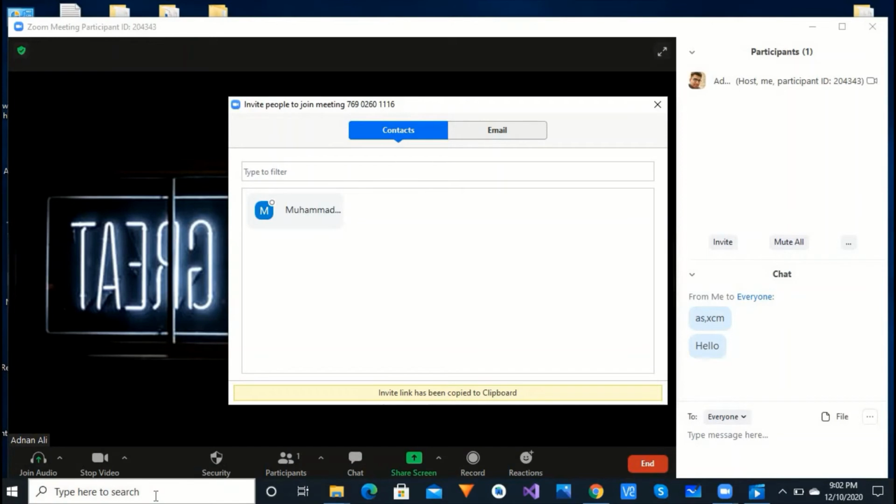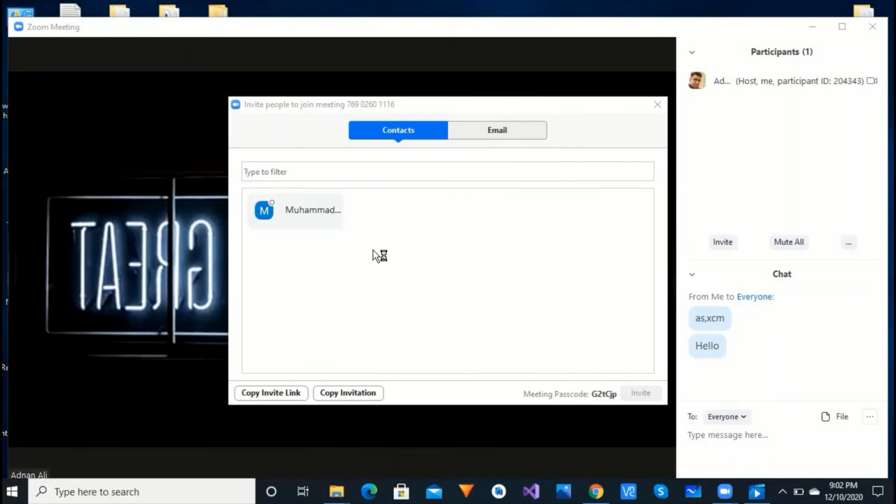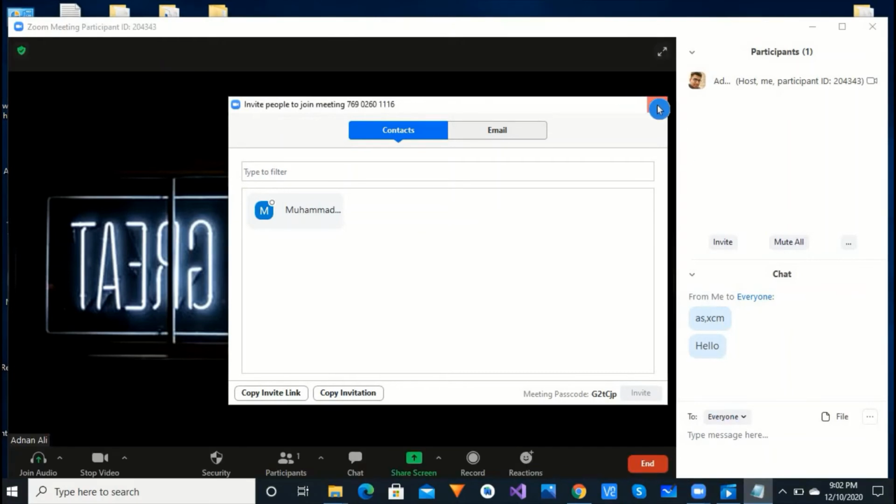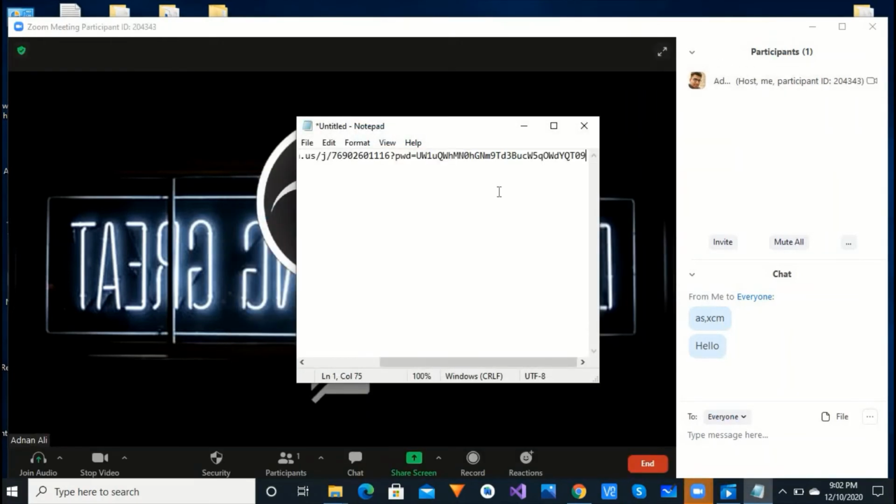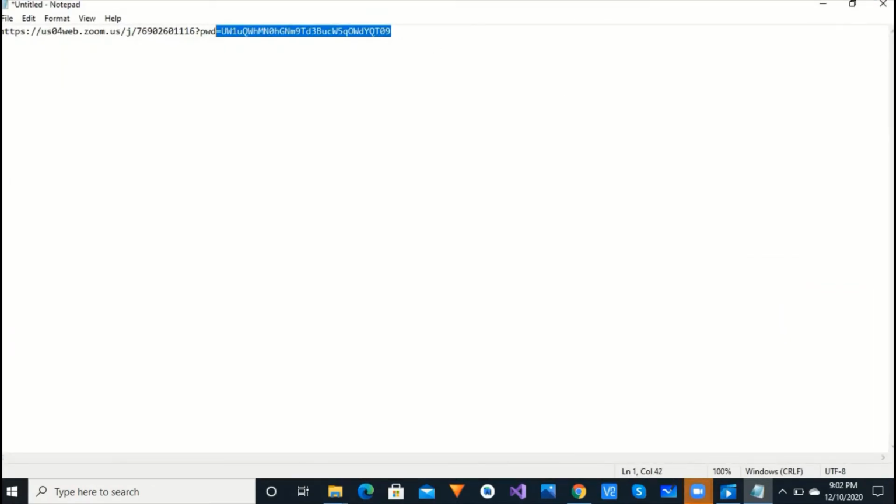You can send this link directly to your WhatsApp friends. You can send this link directly to any platform, such as Messenger, Telegram, anywhere. But the preferable method is to send the link via Gmail.